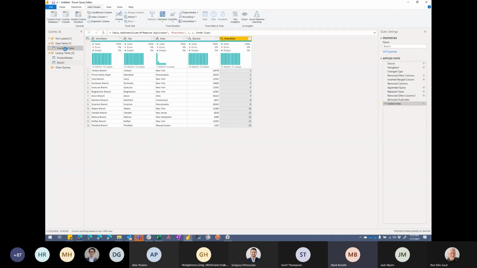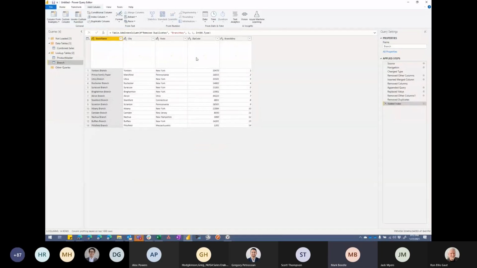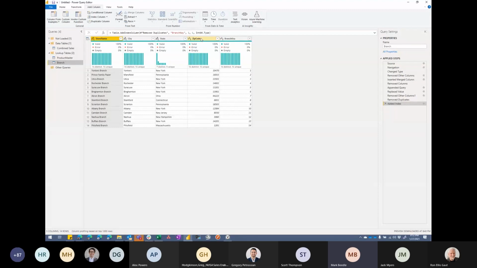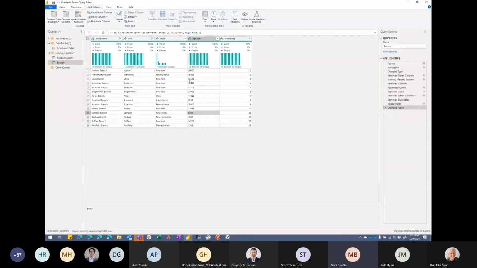We're doing good. So I need to do one thing on branch real quick. For those of you who import data from Excel, this is probably a big pain point. If you look at my zip codes, Dunder Mifflin is based in the Northeast, and I've got zip codes with four digits instead of five digits because of that stupid leading zero. So maybe if I make it text, it'll come back. It did not come back. It just moved it to the left.